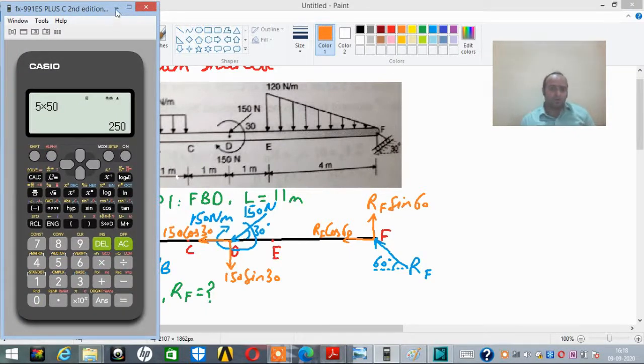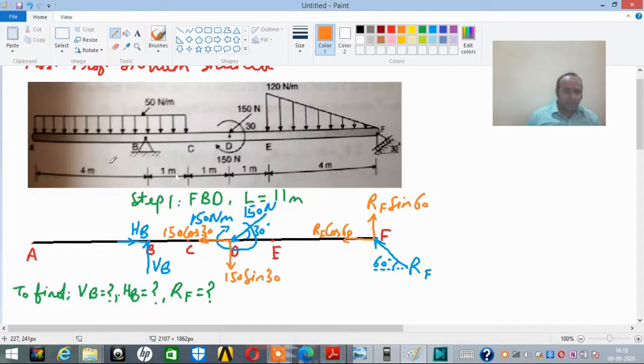Okay, so I can show it very easily. If I show this conversion to the point load, it will be acting over here, 250 Newton. But now the distances, they are a catch. For this, the distance, if I look, it will be located exactly at the center of the span where this entire rectangular loading is acting.